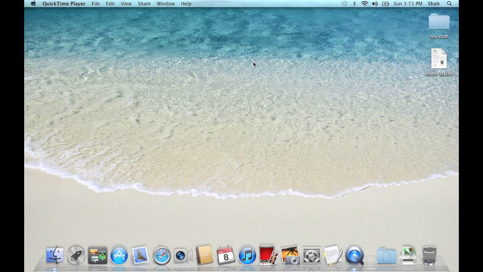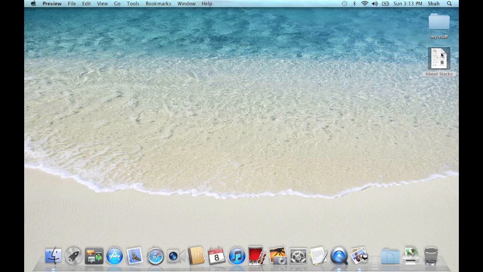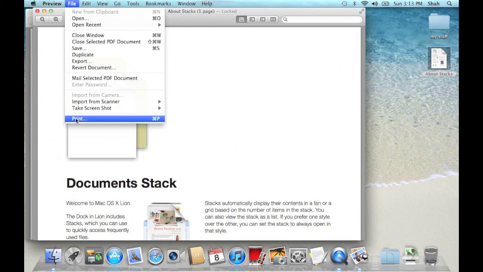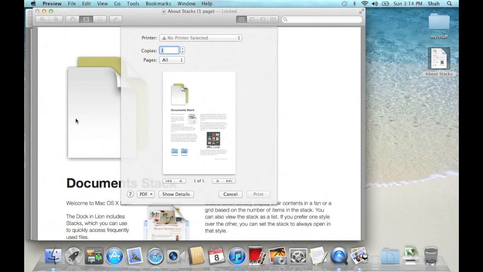Open the file you want to print. Choose Print from the File menu. If you see no printer selected, click Add Printer.